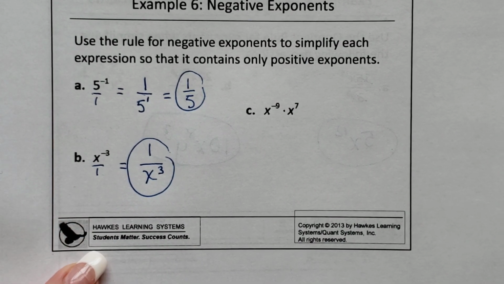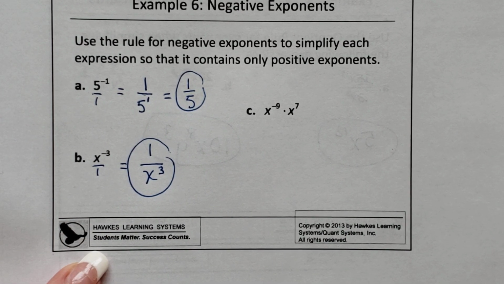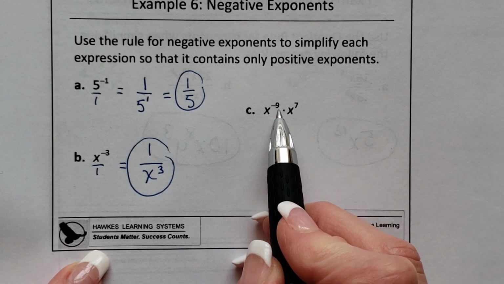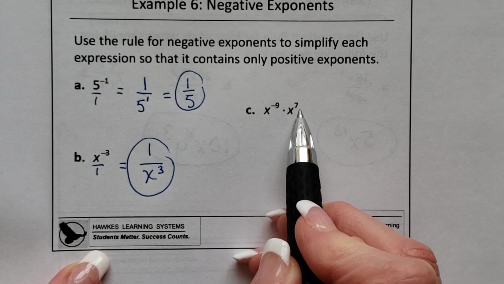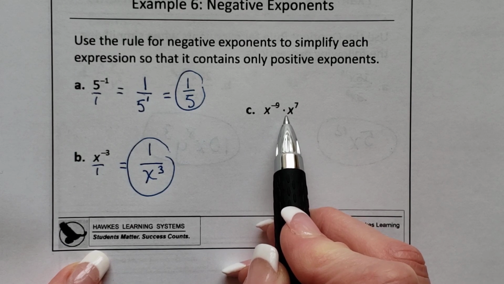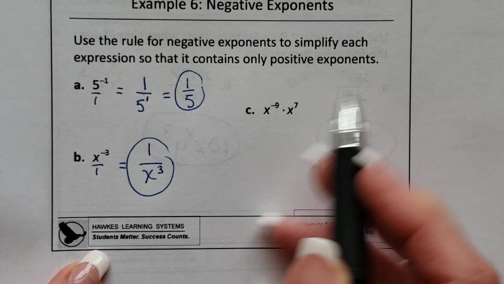Letter C, I'm going to show you 2 different ways to do this. The first one is using the rule. If you have 2 numbers that have the same base and you multiply them, the rule is to add the 2 numbers. So my first exponent is -9. My second one is 7. These have the same base. They're being multiplied. So the rule says to add. So -9 plus 7